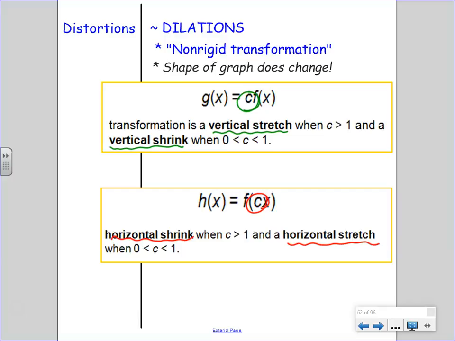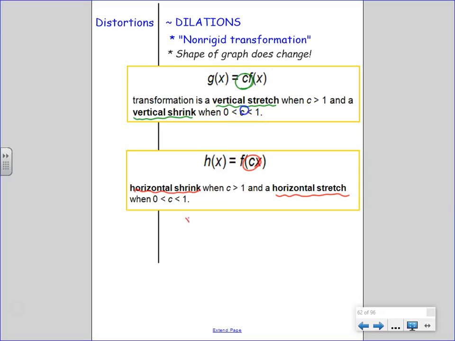But let me help real quick with horizontal. I want you guys to add a quick little note. It's in red, but if you guys aren't color coding, then you better write it. With horizontal dilations, we're under dilations, we're under distortions, we're under non-rigid transformations, the shape is changing. With a horizontal transformation, you have a dilation